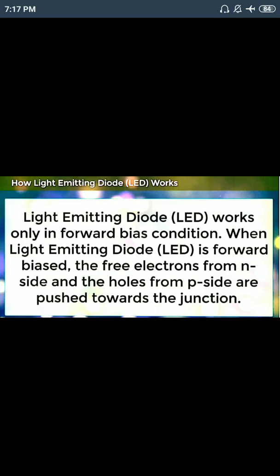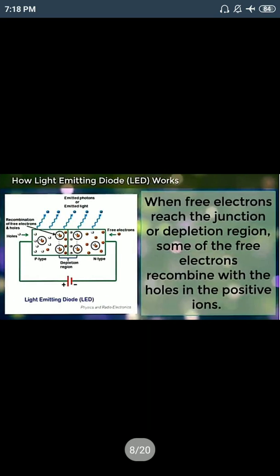So when we supply external voltage, that means in a forward bias voltage, because the P side is connected to the positive, holes and holes repel each other, and inside, the electrons and electrons repel each other, and they will be pushed towards the junction. Because of this, what happened? The width of the depletion layer decreases. So whenever the depletion layer decreases, what happened? Majority carriers from both regions will diffuse from P to N side or N to P side. Let's see it this way.